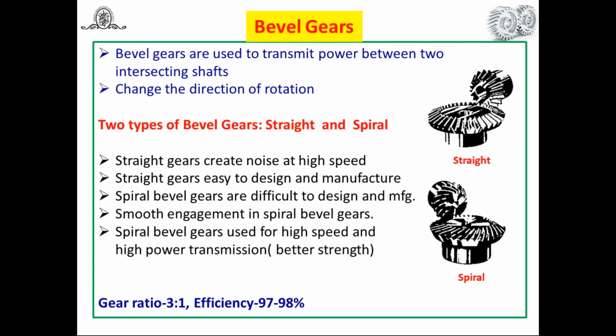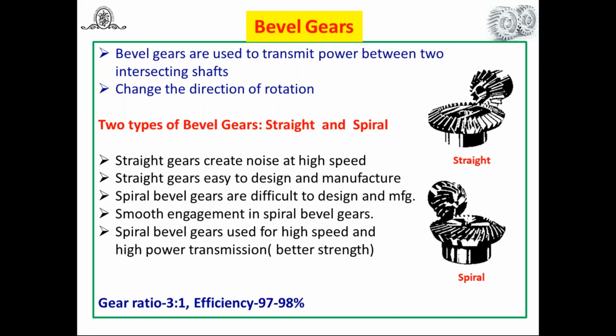Now, you know very well there are four to five types of gears. One is spur, second helical, third bevel, fourth worm and worm wheel, fifth rack and pinion. By using these gears, we can easily transmit power or motion. And you know very well their applications, their efficiencies, and how much speed reduction ratio is possible in different gears. Today we will discuss classification of bevel gears as well as the terminology associated with the bevel gear.